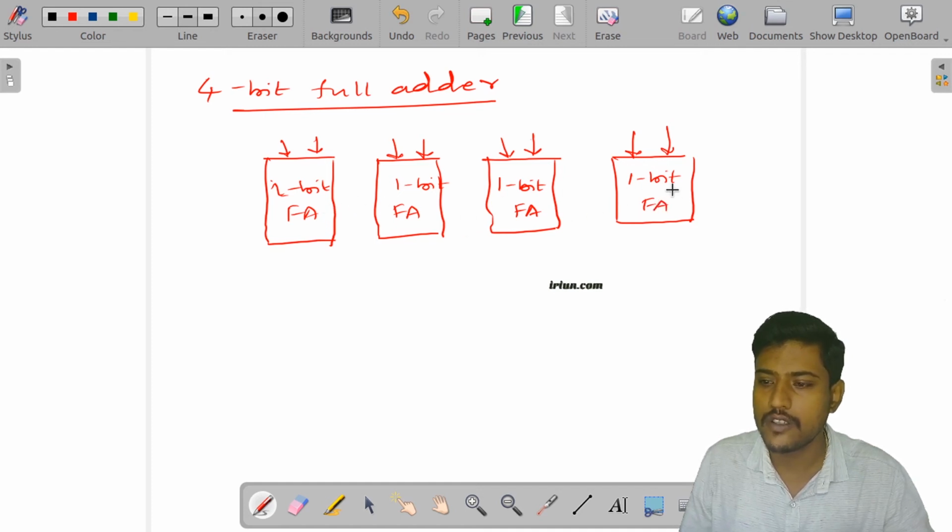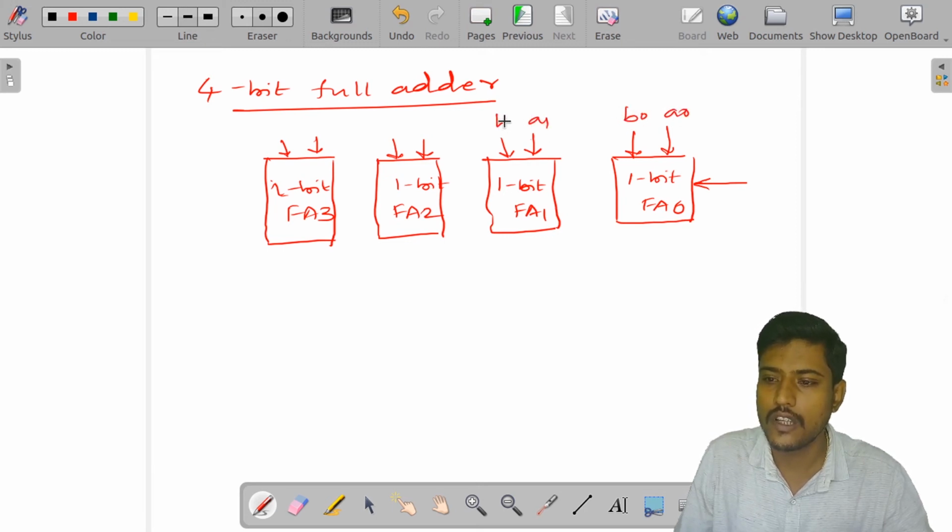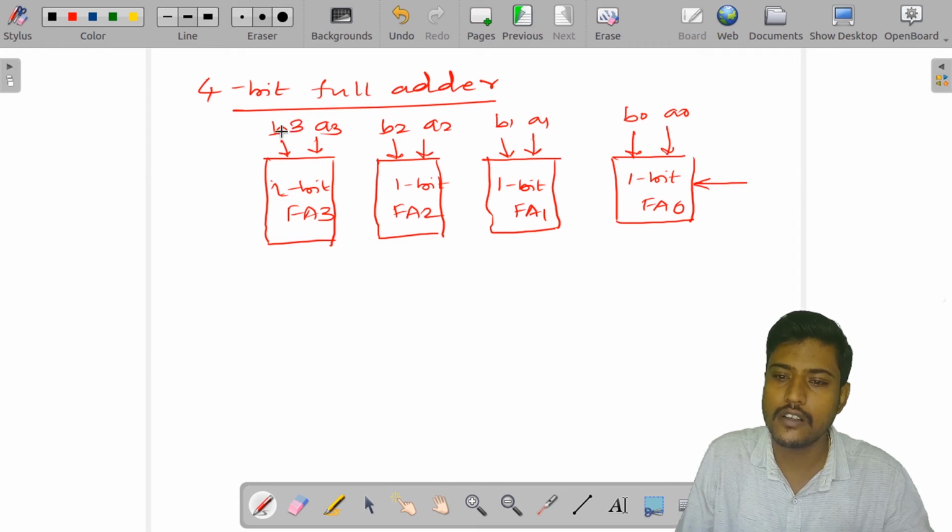Let me name them 0, 1, 2 and then 3. For these we will be having A0, B0, A1, B1, A2, B2 and then A3 and B3.